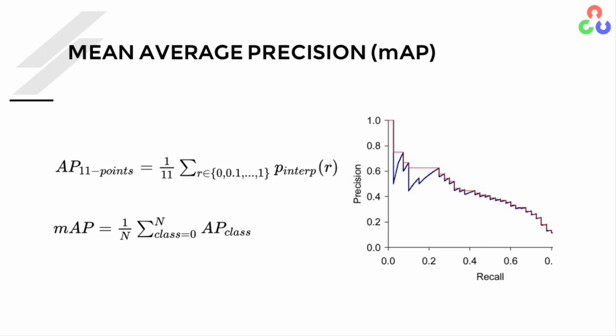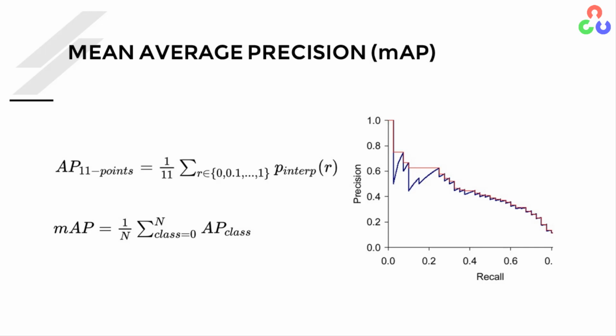This is slightly confusing because mean and average kind of mean the same thing, but the first mean corresponds to an average over classes, and the second one, when we say average precision, is the average precision over the class. This is usually called MAP. The MAP used in COCO Object Detection Challenge also considers the mean average precision at different IOU thresholds. This metric is better at representing various localization errors.